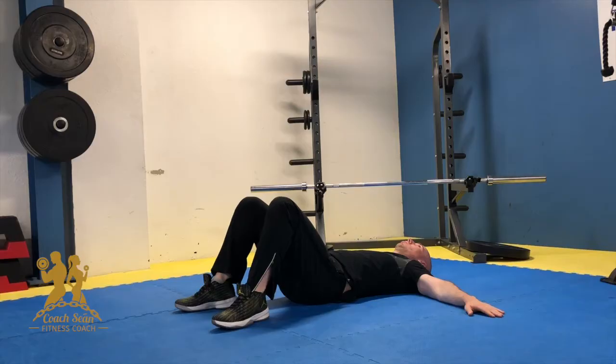Try not to contract our core too much. Obviously our core is going to be tight, but just concentrate on really segmentalizing the hips and slowly pushing in, right back down. From there, we can move on to a glute bridge, and what we're doing is the